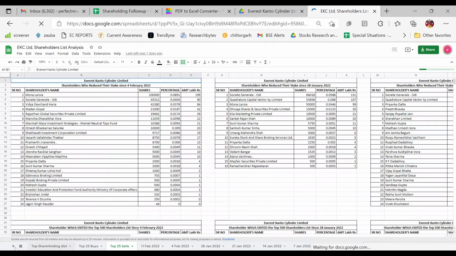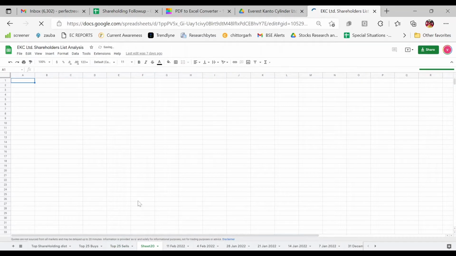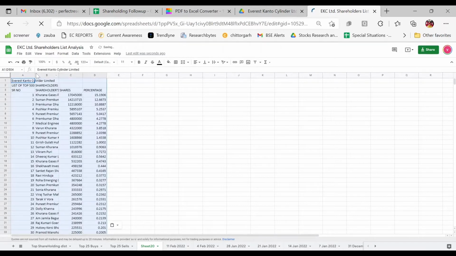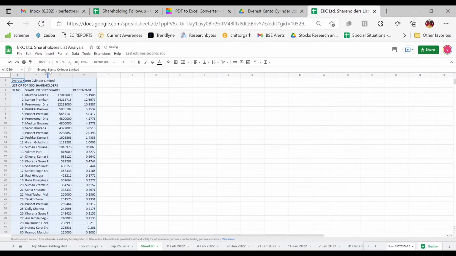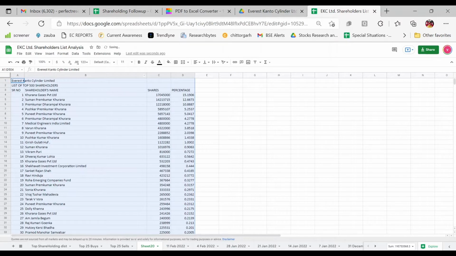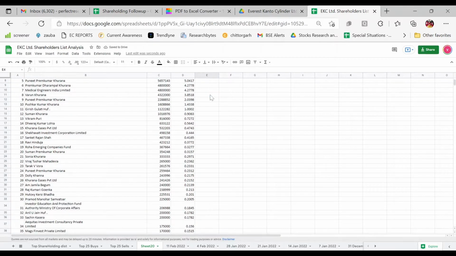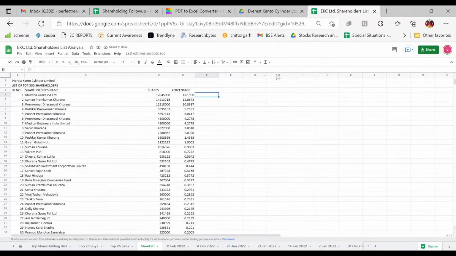After 11th Feb we got the current list. So I'll just create a new sheet here, and I will paste special. I only need the values. I don't need the edited format or the formatted options. I just need the values here. So what I did was Control Shift V. So it just pasted as values. Now I'll just format it a little. As you can see, it is totally pasted here.